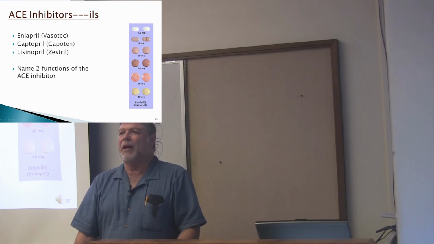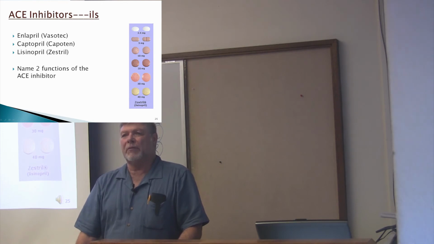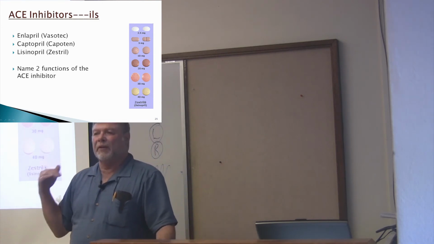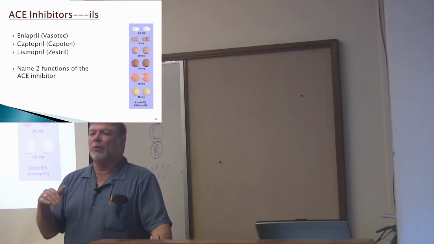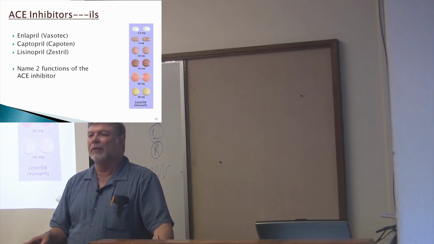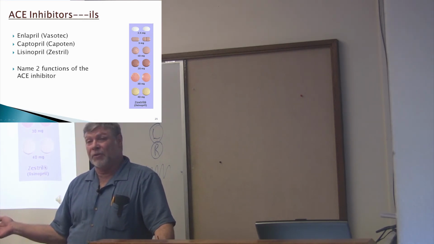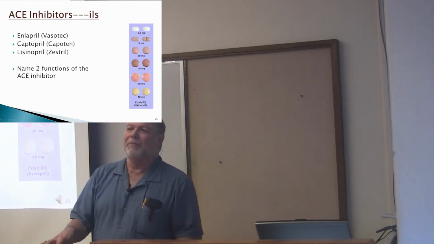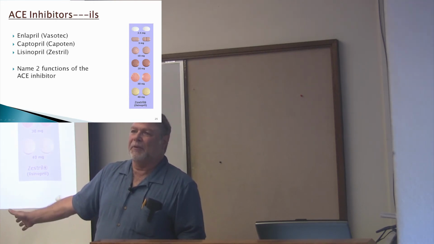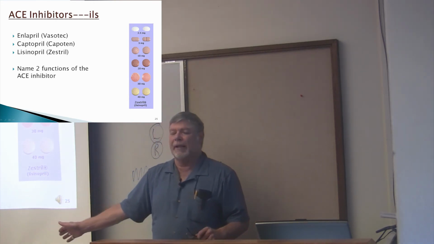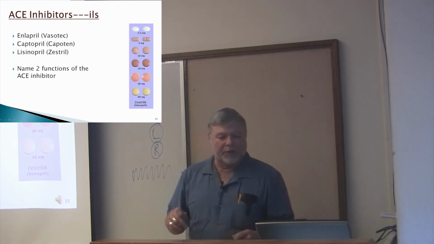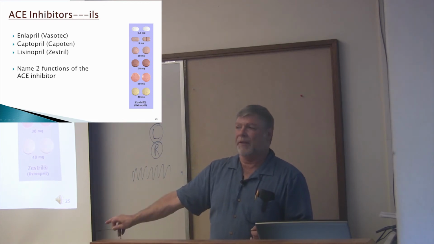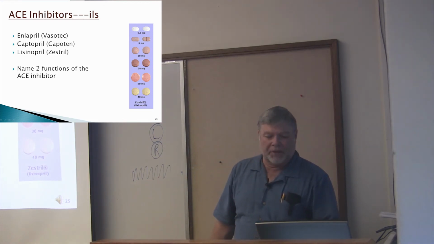Have you ever heard the term remodeling? Yes. So cardiac remodeling, renal remodeling. ACE inhibitors are very effective at preventing renal remodeling and cardiac remodeling. So for your diabetic patient who is very susceptible to that, who's likely to end up on dialysis because of their renal failure, ACE inhibitors are very useful in preventing that outcome, hopefully. Of course, you have to start them on it soon enough. So the 2 functions actually are lower the blood pressure and reduce afterload, they're a diuretic.